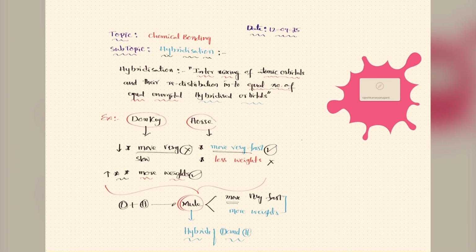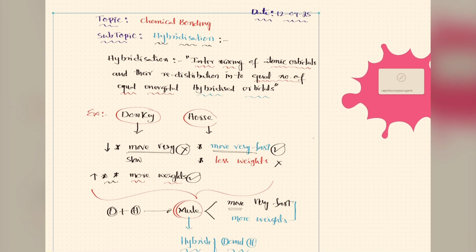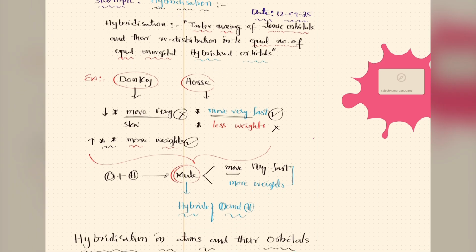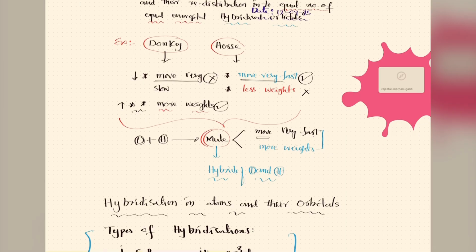Today we are going to discuss the remaining part of hybridization. We already completed sp hybridization in 12th. Now we are going to complete the remaining part of hybridization, that is sp2 and sp3, in detail. Let us recapitulate what we discussed: we discussed sp hybridization with a suitable example. That is our last topic, right?